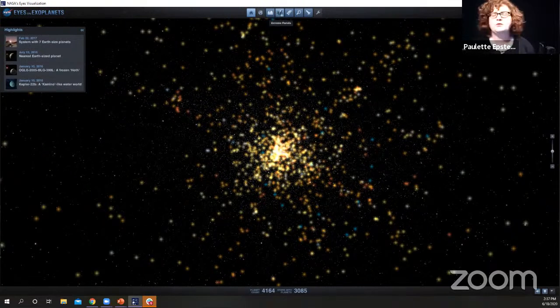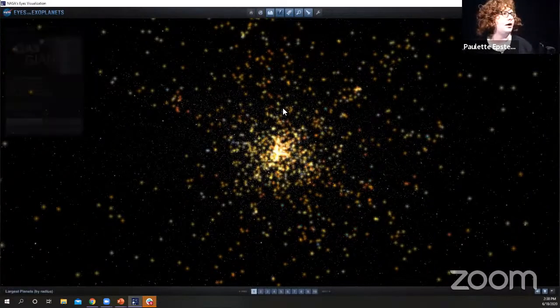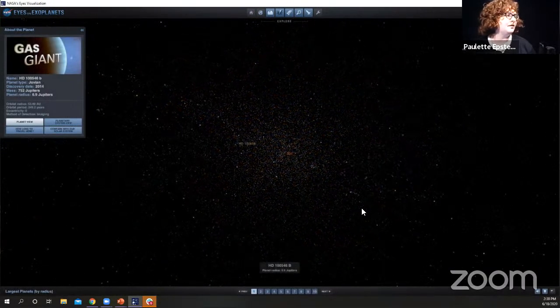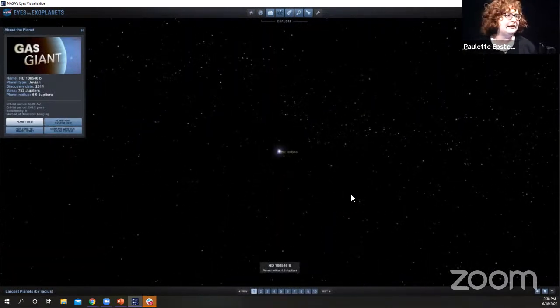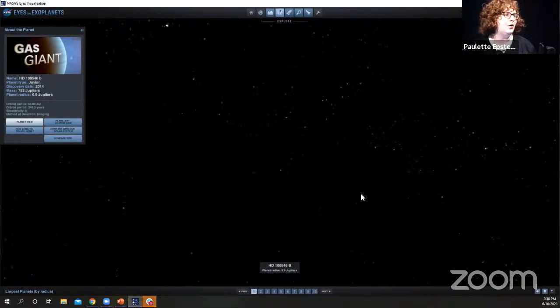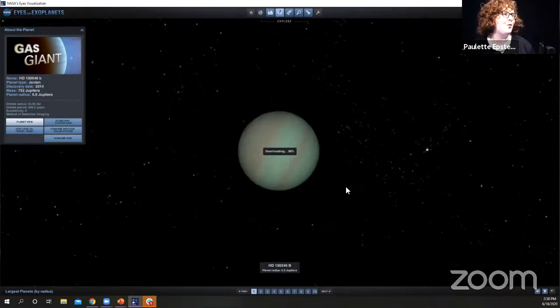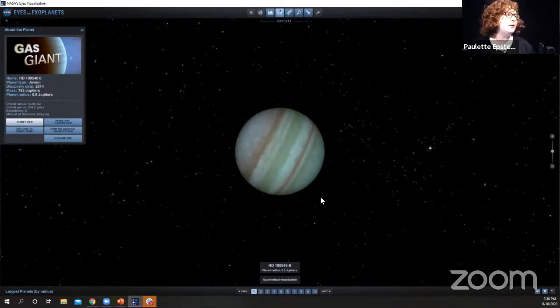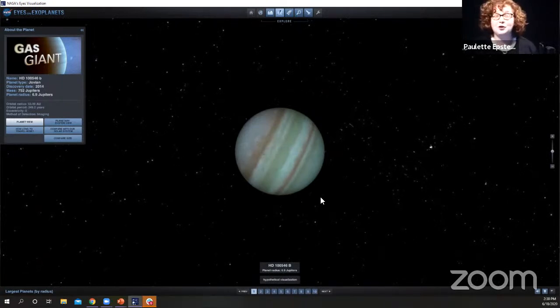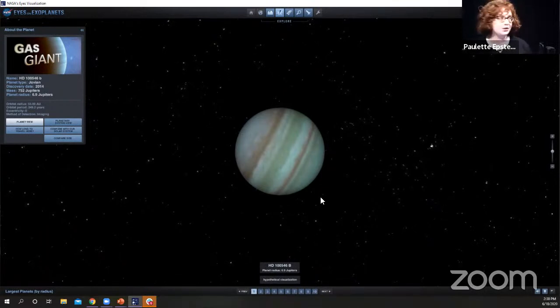Now, let's take a look at some of these more extreme planets. One of the reasons that we're looking for exoplanets is we're looking for planets that are like our Earth. We're basically trying to see if there's life out there outside of our solar system. But some of the first exoplanets that we were finding were huge. This one, for example, is 6.9 times the radius of Jupiter, the largest planet in our solar system,